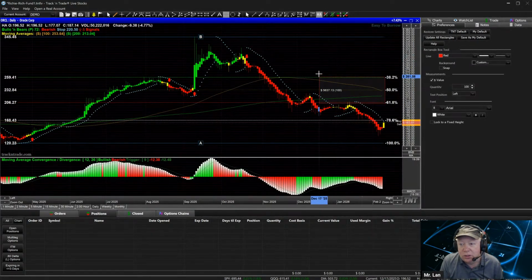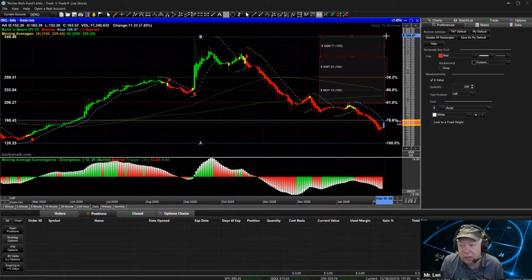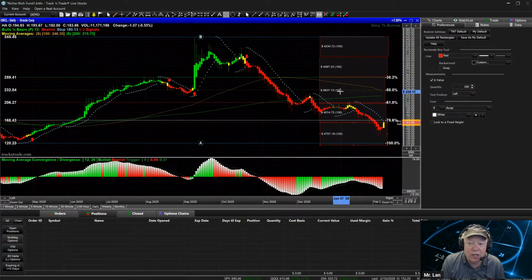So this is the 2 standard deviations up here, and then this is the 3rd standard deviation up here. Of course, then it goes down the other way. So this is 2 standard deviations to the downside, and then 3 standard deviations to the downside. So this center one is the 1 standard deviation. All right. If we were to look at that on our little chart, which I'm going to pull up here